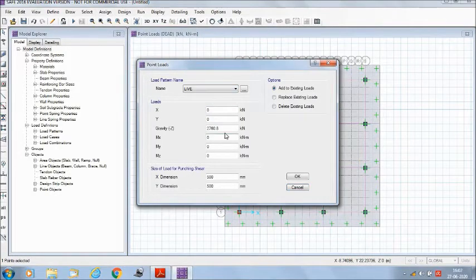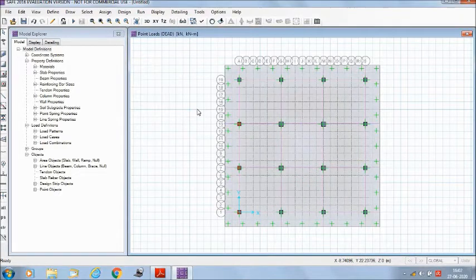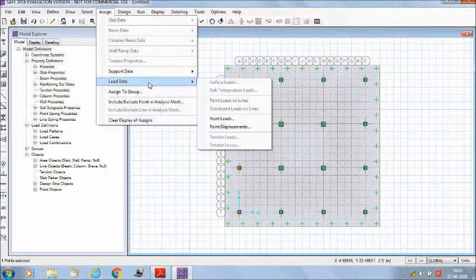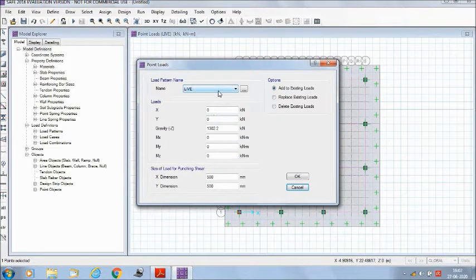And the live load is 1302.2. Again for column 4, the dead load is 1000.6 and the dimension remains the same.